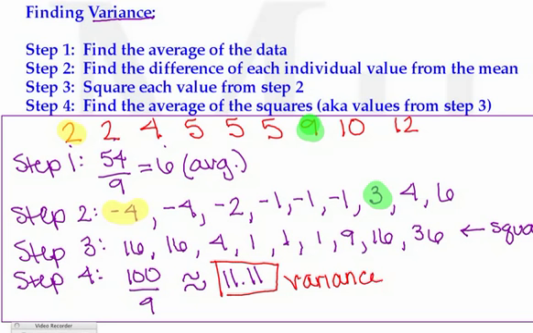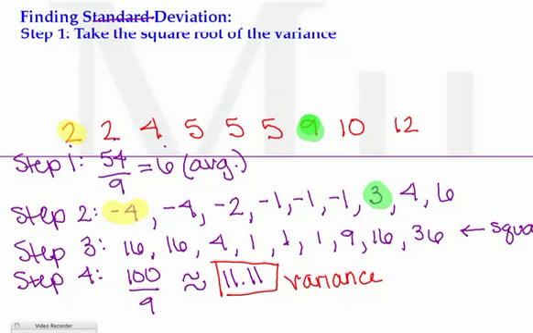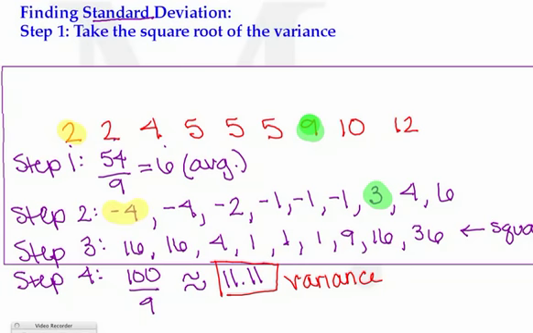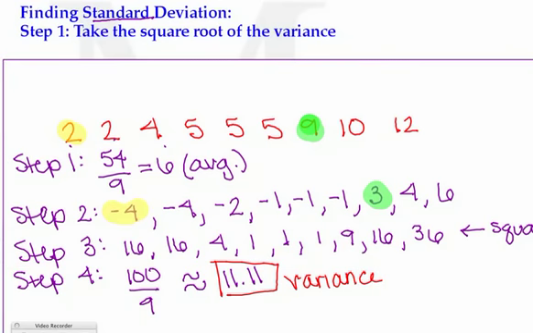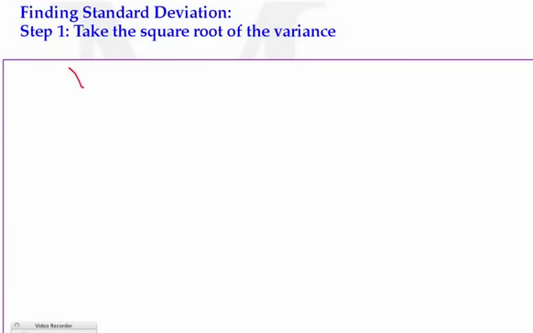Now variance leads directly into our standard deviation. So with moving that term, all we do is take that variance, which we found right here, this 11.11, and take the square root of it. So there's just the one step. Our variance was 11.11. So to find the standard deviation, we will just take the square root of that number, and what that ends up being